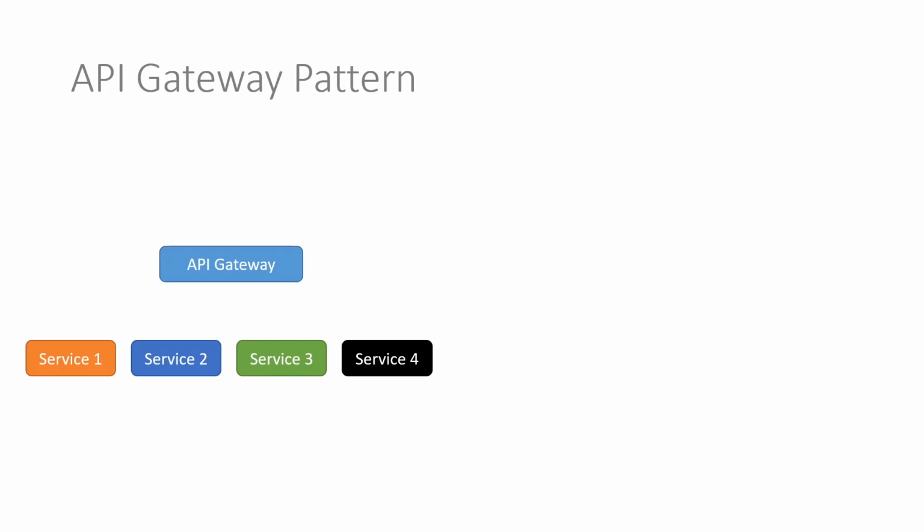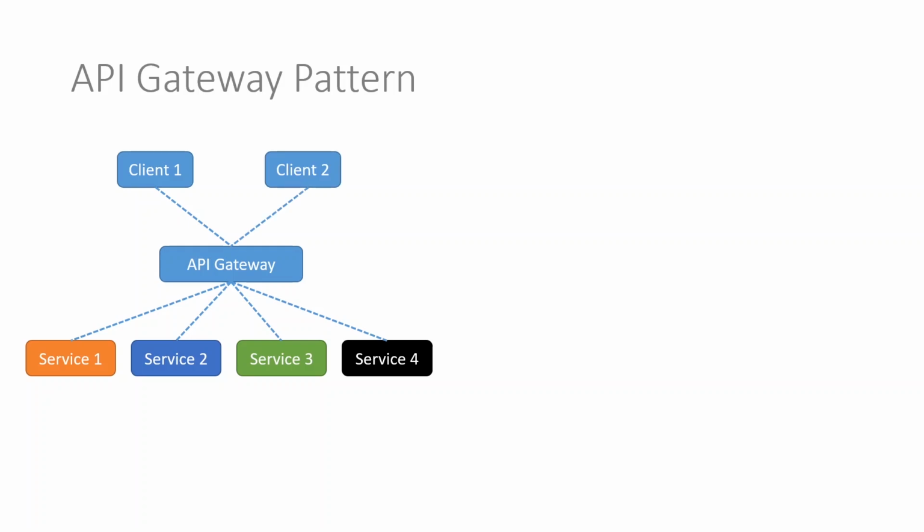We've now got this API gateway that sits in the middle as an intermediary or a proxy, and client requests go through the gateway. So we've only got a single request to one endpoint rather than 4 endpoints. You might still have the same number of actual requests potentially, but you are only calling the one gateway, depending on how you've set it up, of course. And then the same with client 2.